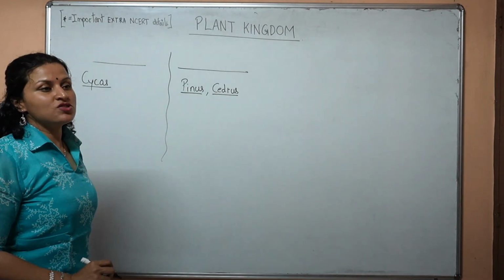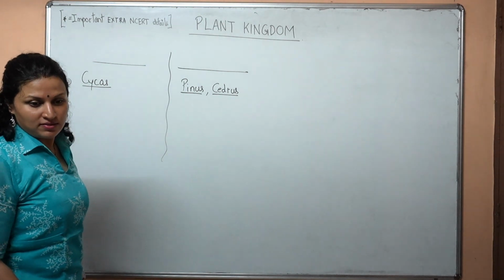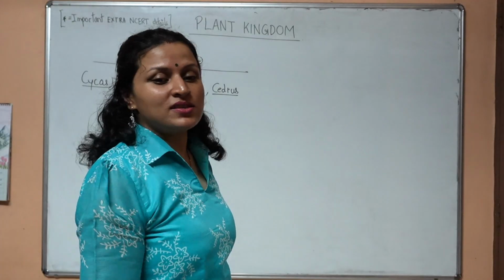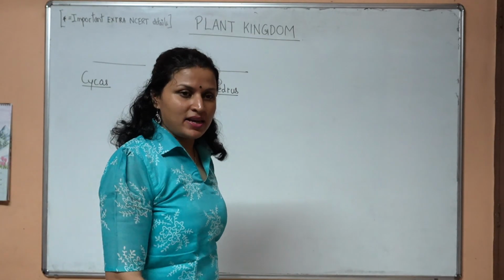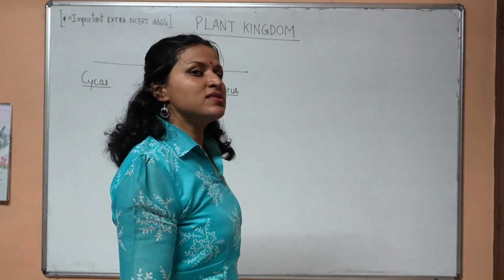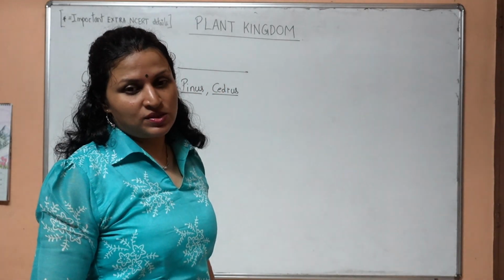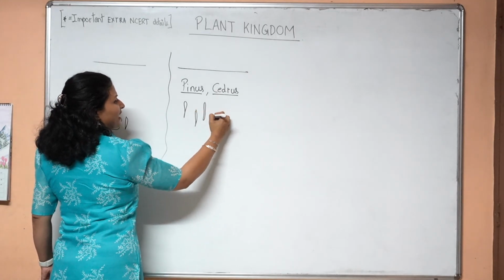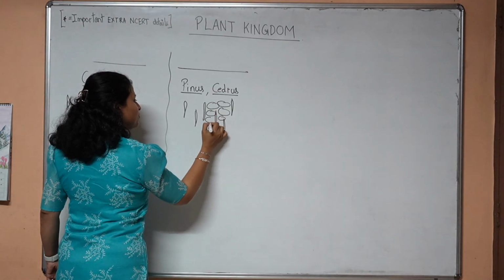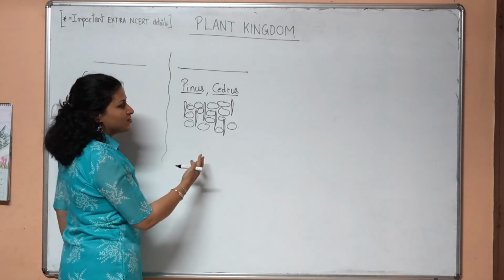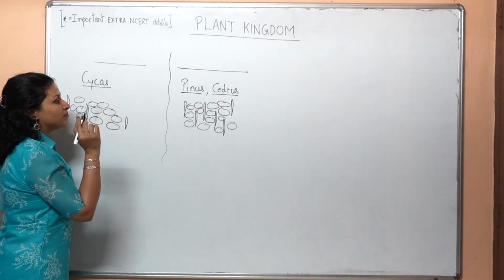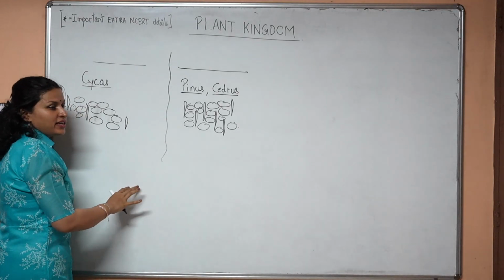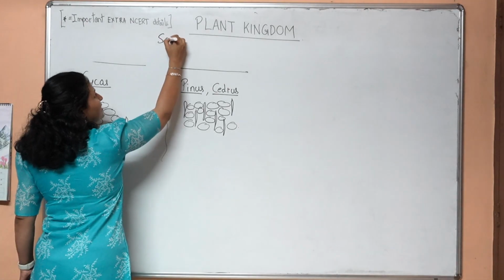You know that there is presence of xylem in the Gymnosperms, isn't it? The xylem in Gymnosperms is mainly composed of tracheids. Vessel, which is another type of important xylem cell present in Angiosperms, is not present in the Gymnosperms. So their xylem is mainly composed of tracheids. If you look at the presence of tracheids in both these plants, what do you observe? You see that in the Coniferophytes, the tracheids are more in amount compared to the tracheids present in the cycads. The presence of tracheids only makes this type of wood called softwood.